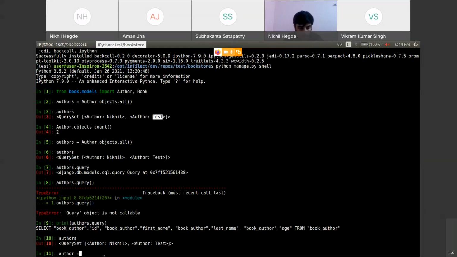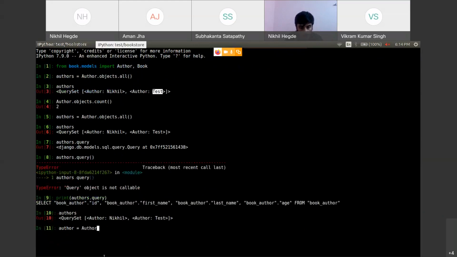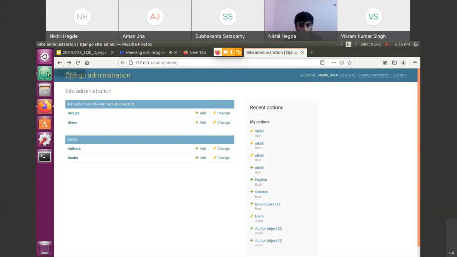So to do that, you should use author.objects.get. This is the function get to get only a single author from the author table. Please remember, get is used only to get a single object from any table. So here I will pass first name, which is a column name in the author table.